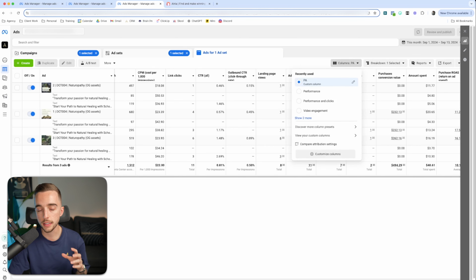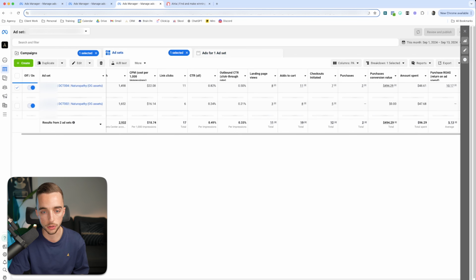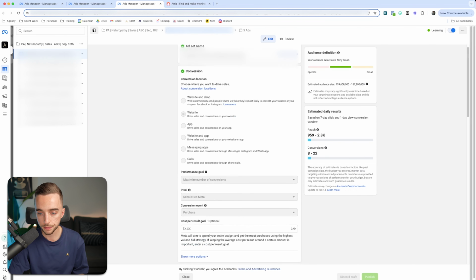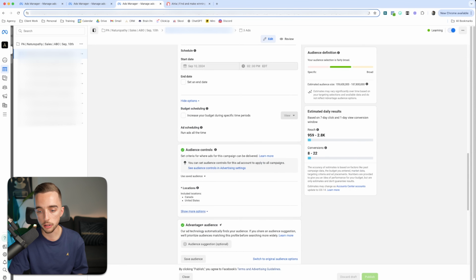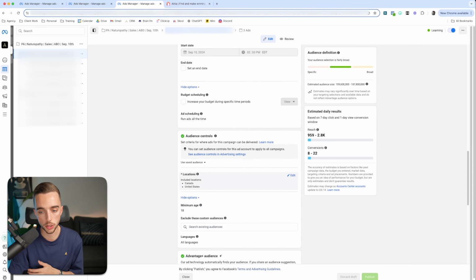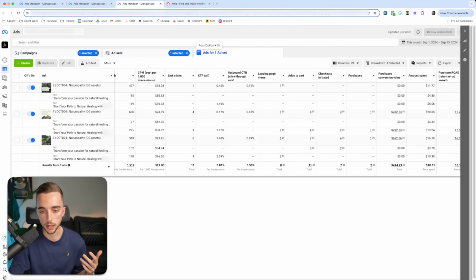And you might have noticed that this is an ABO campaign. For that, we're still split testing. Some of our accounts were running like this manual DCT with an ABO, others with a CBO. But the fundamentals behind that is that we're still going broad with all of our ad sets. Well, when I say broad, I mean I can literally show you right now for this client as an example. If I go here, I scroll down, targeting is literally just no age range. It's just US and Canada as a whole, and that's it, right? So it's literally super simple targeting in itself, which we know the pressure is at the creative level, which is what